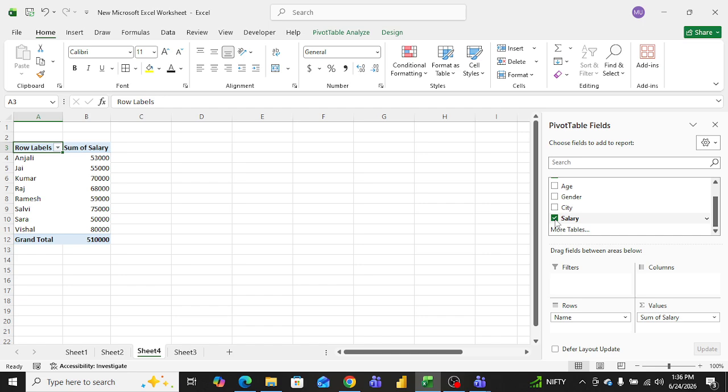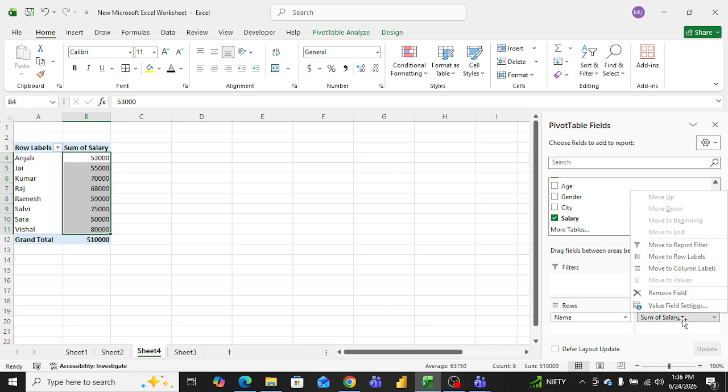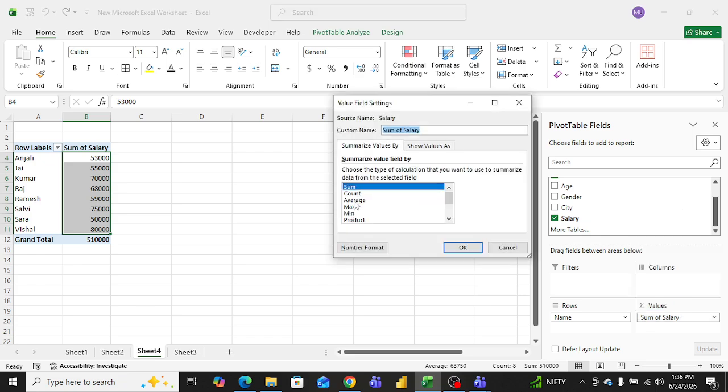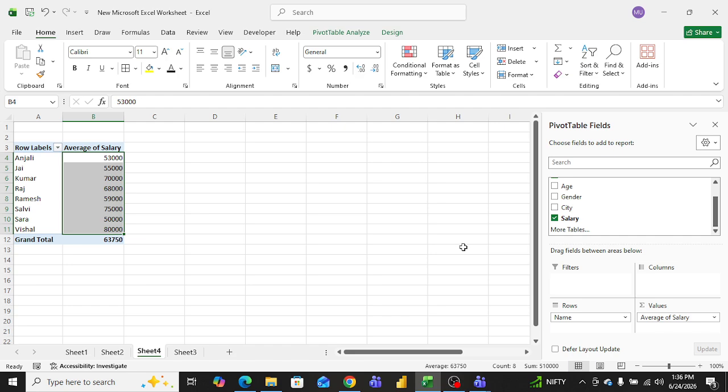Right. So now, what is the mean here? I already explained how to make this. The salary, and this is a grand total. It is already a sum, and I want to change the value. Here we can click on value field, and I want the average salary. So what is average salary? This is the average salary. Am I right? Average salary, and I want here